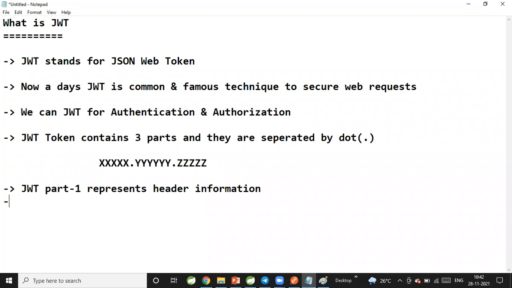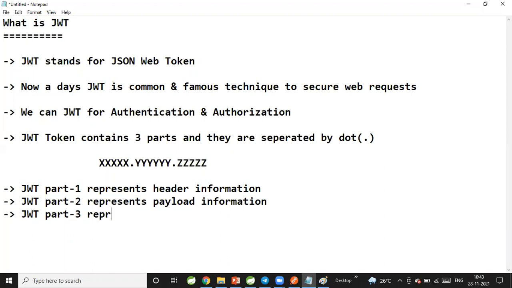JWT part 2 represents payload information. JWT part 3 represents signature information.